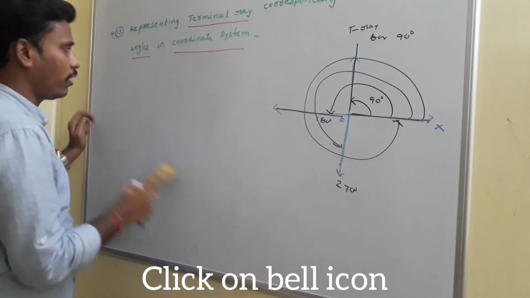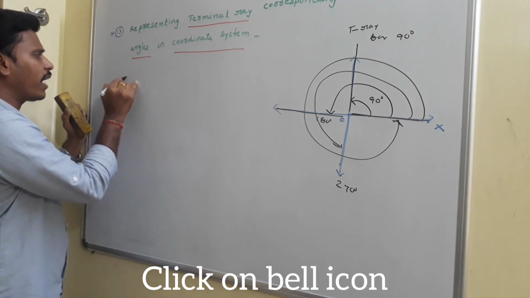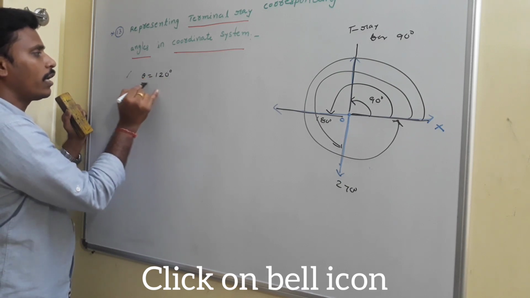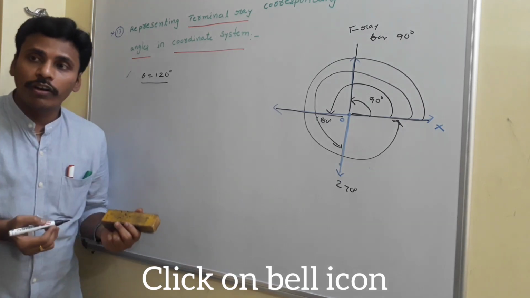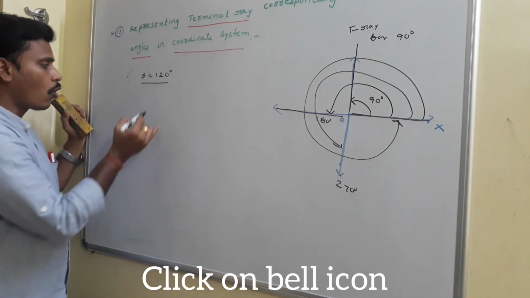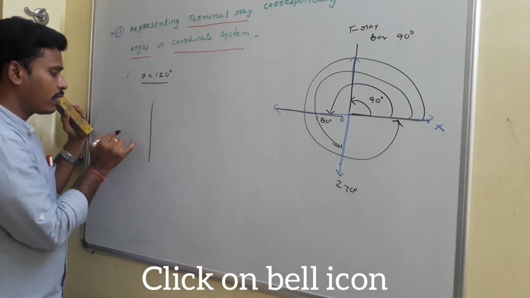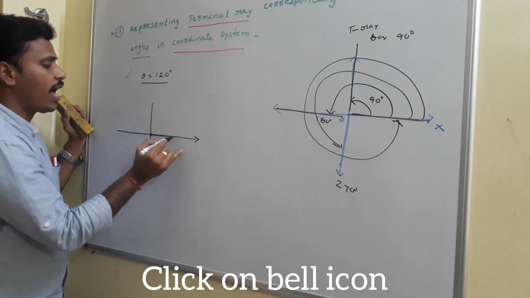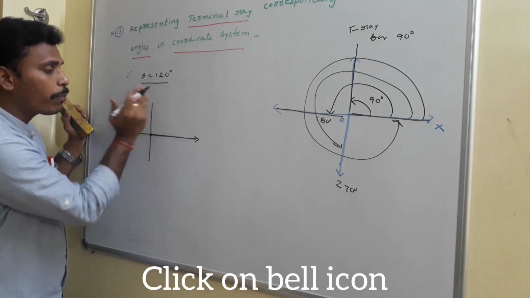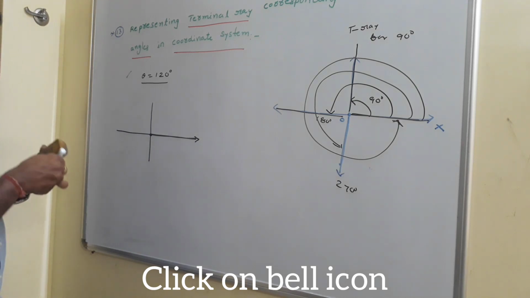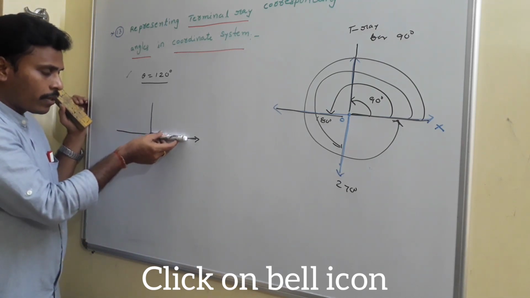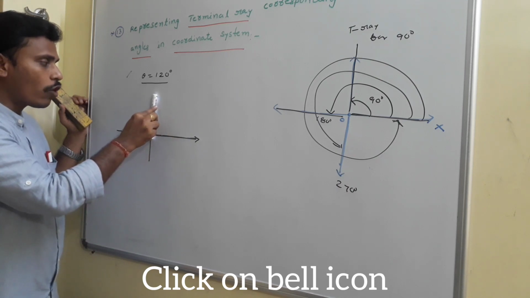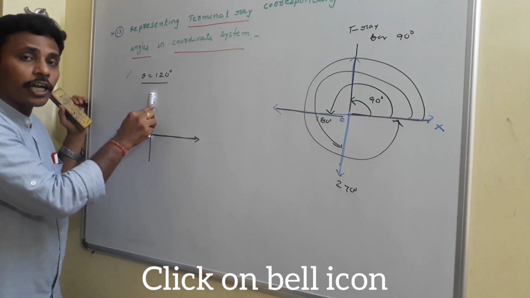Okay. Look here. Given angle, suppose my angle is equal to 120 degrees. If my angle is 120 degrees, then I need to represent its terminal ray in the coordinate system. So the y-axis and the x-axis. We need to treat this positive direction of the x-axis as the initial ray, and we need to rotate it by 90 degrees. Look here guys, see this is the x-axis, we have to rotate it. Rotate, rotate, rotate, and if you rotate like this, this is the position corresponding to 90 degrees.